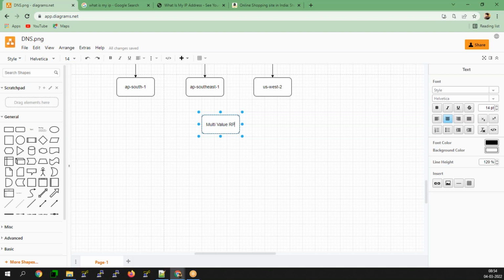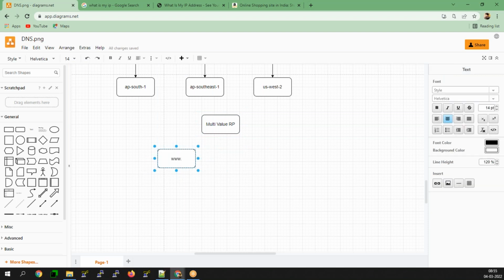Yes, right? Similarly, you are going to get the same thing here. You can have multiple A records for your respective domain.